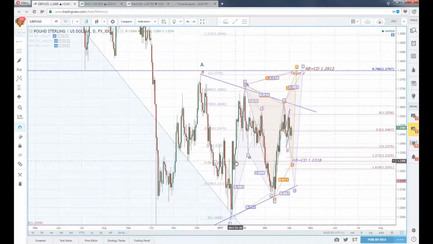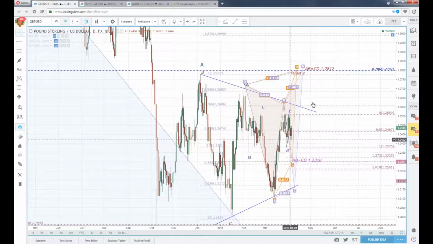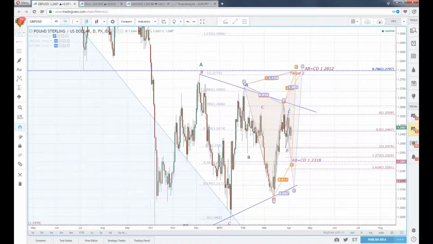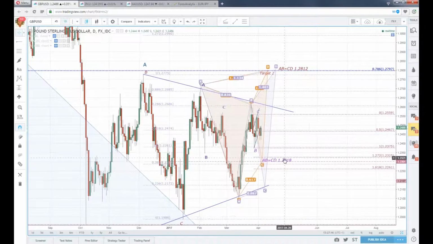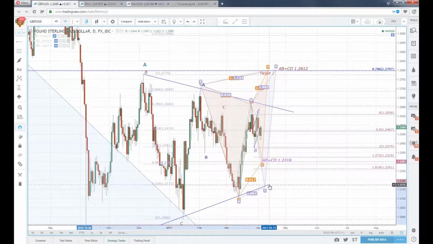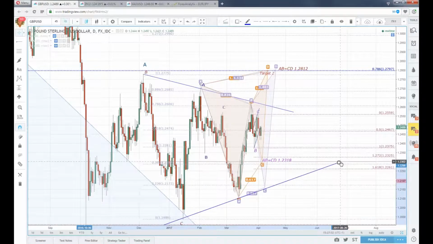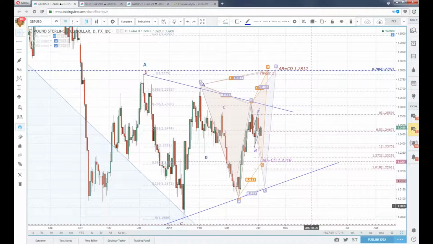So that would take it to the weekly, monthly breakdown under. I really do think that cable goes to 128. Okay. And how do we get there? I think that I have two levels. We're going to come back down to 123.18, or we'll come all the way down to the bottom of the wedge down here, and then we'll see one more leg higher before